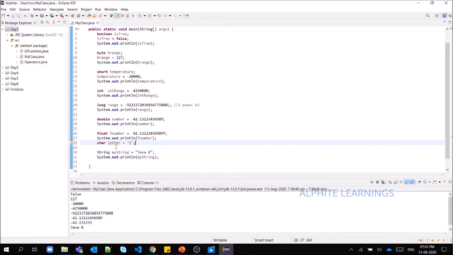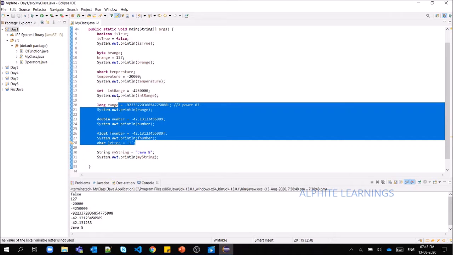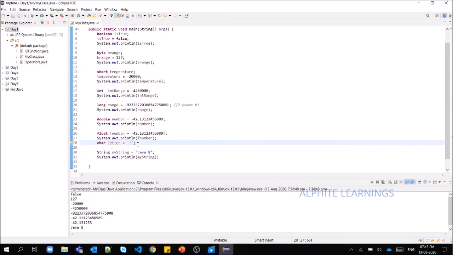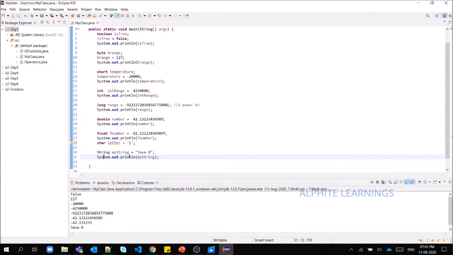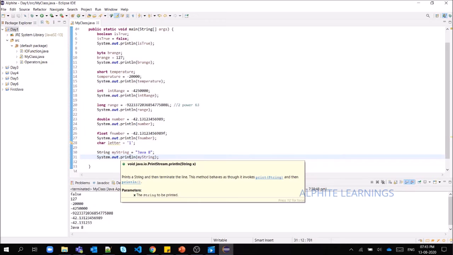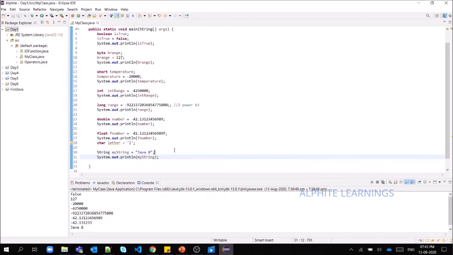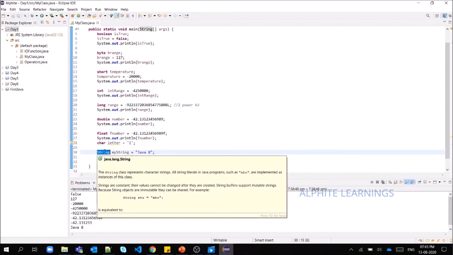So next, from boolean till char, these are the primitive data types. In case you want to store a word into your variable, then you have to call the class String.